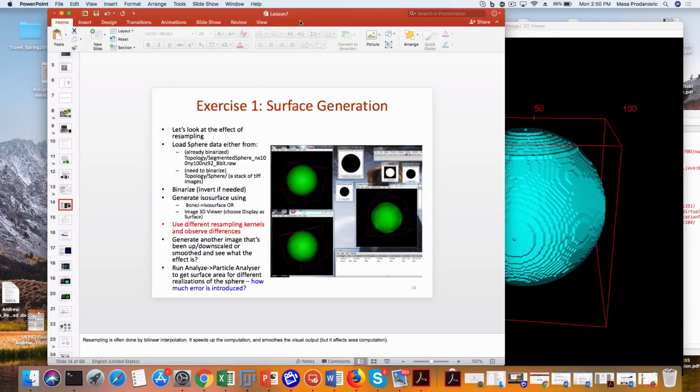4/3 times pi times r cubed. Yes. So some of it is digitization effects as well. Dr. B, how do we know the real radius of the figure? Is it a good approximation if we go